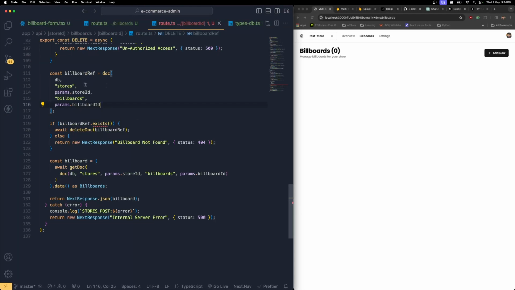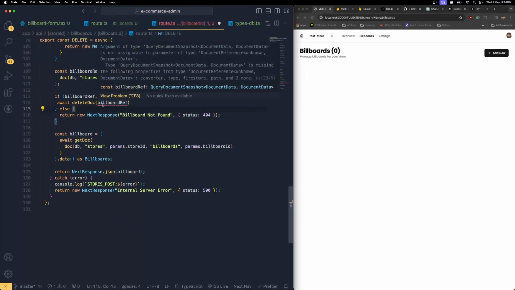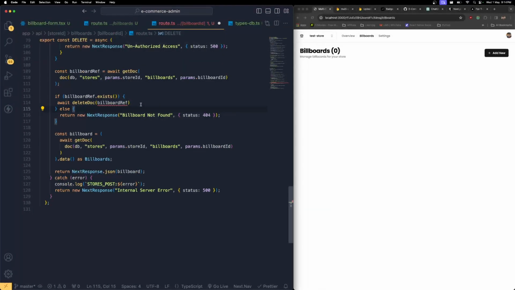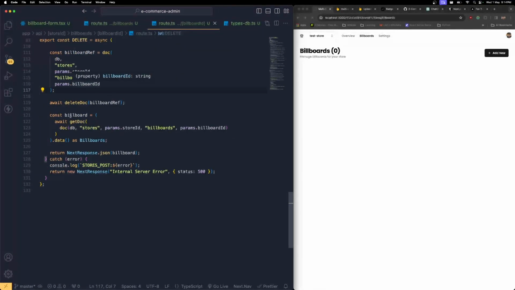If you are using await getDoc, we are getting a query snapshot issue over here. All right, so instead of making it more complex, let's keep it simple. So I'm just going to delete this, and I don't need this if condition, and I don't need this too. So we are going to fetch that billboard reference and delete it, simple as that. Okay, so this is going to delete that billboard reference completely, and every time before deleting this billboard reference,